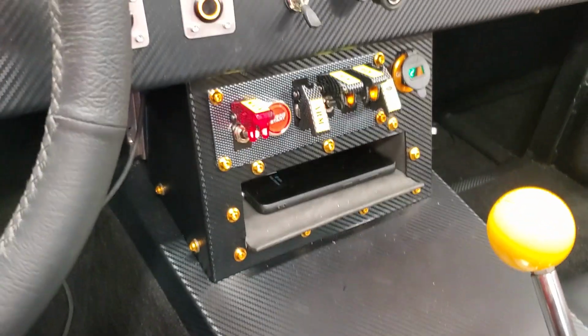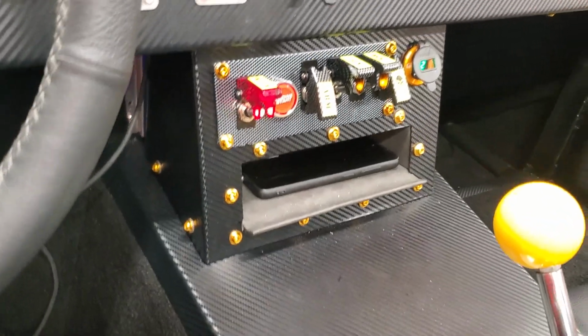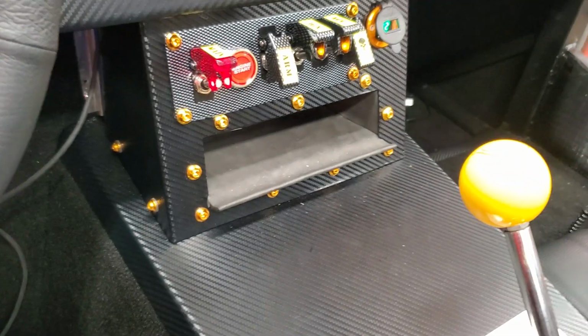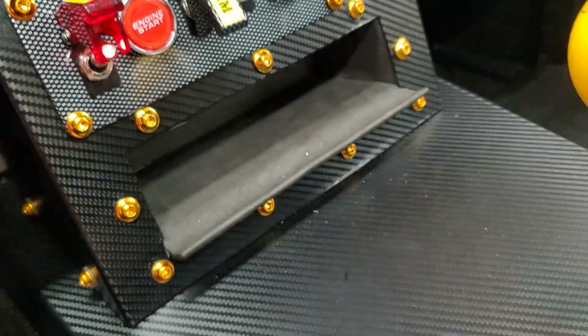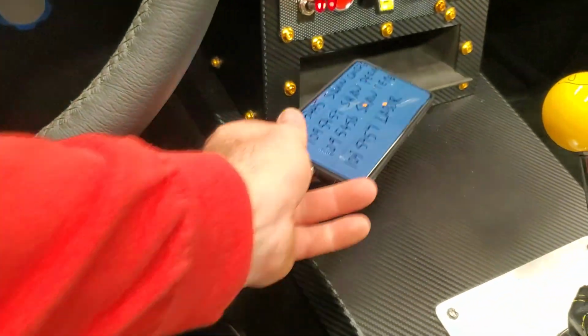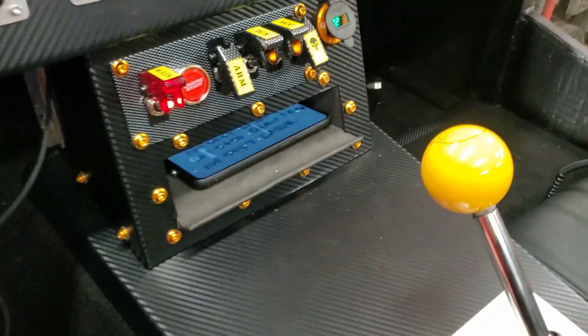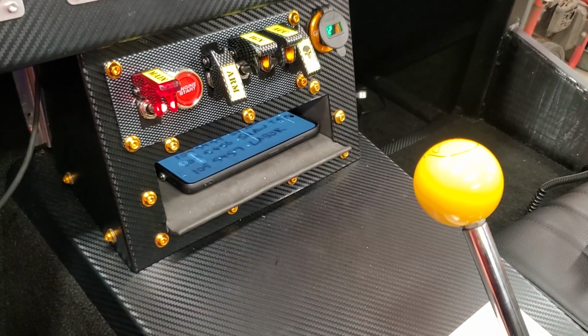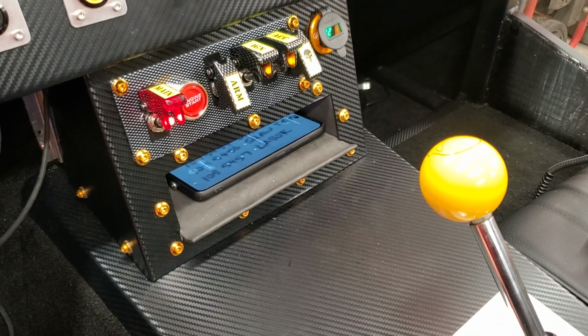The next thing I added in this center console was, I'm a cell phone kind of guy, and I've got to keep that thing with me. So having a way to charge that while I'm on the road: you put your cell phone in there. I guess the phone's full, so it's not going to charge, but put it in here, and the phone basically will have an induction charger that will allow me to charge the phone while I'm on